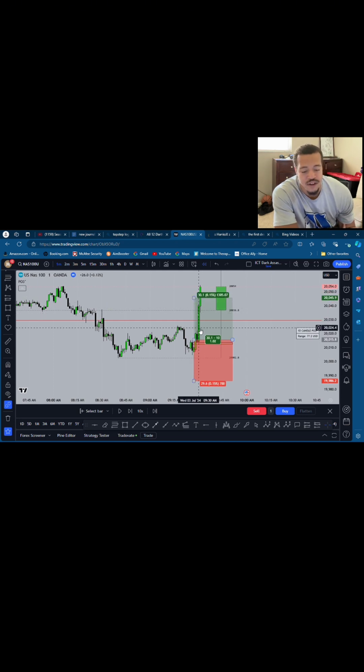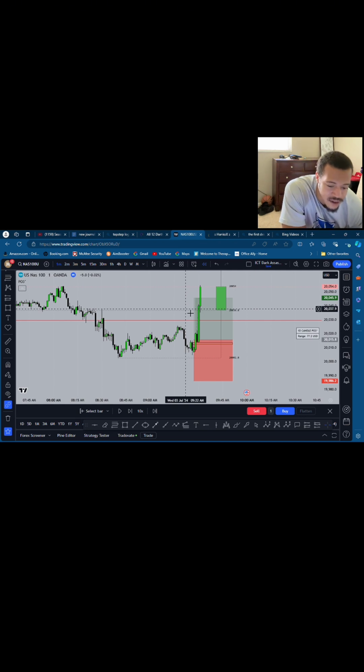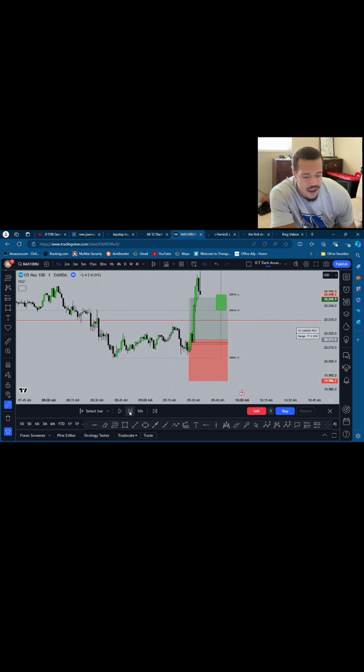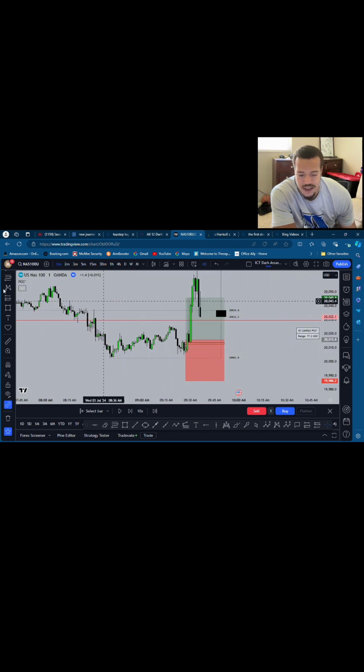But sometimes what it can do is come all the way down here and then go to where it wants to go to. That's why it's just not safe to really try to trade right at 9:30. Sometimes you need to let it just kind of do its thing. Even now, you might be able to still get into this trade